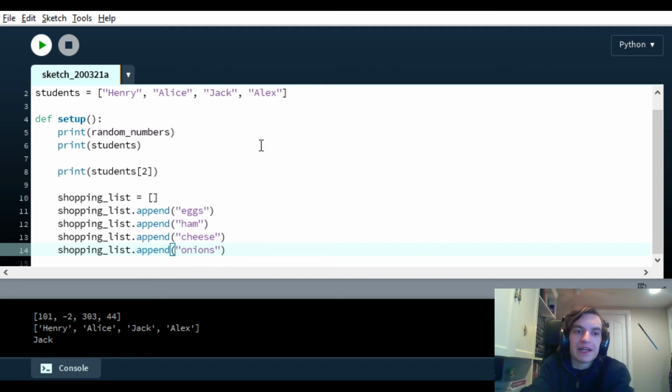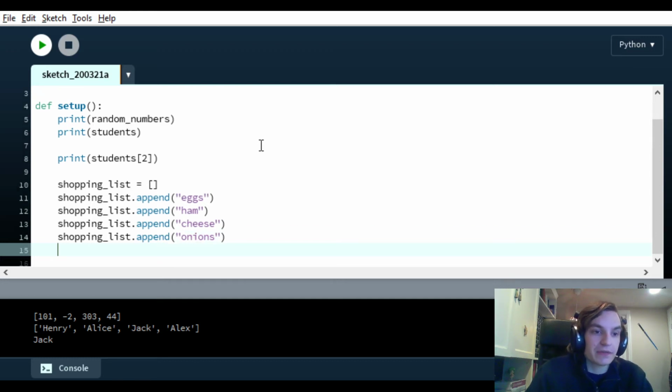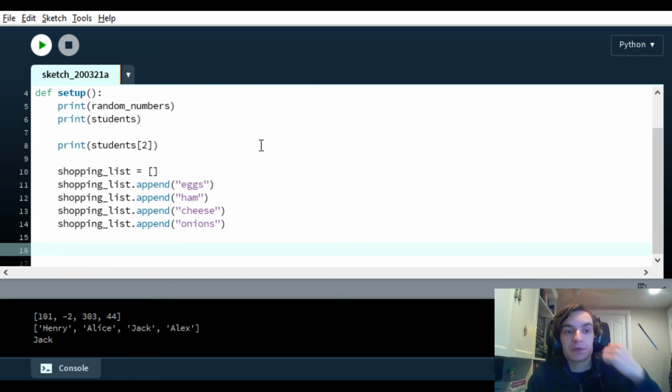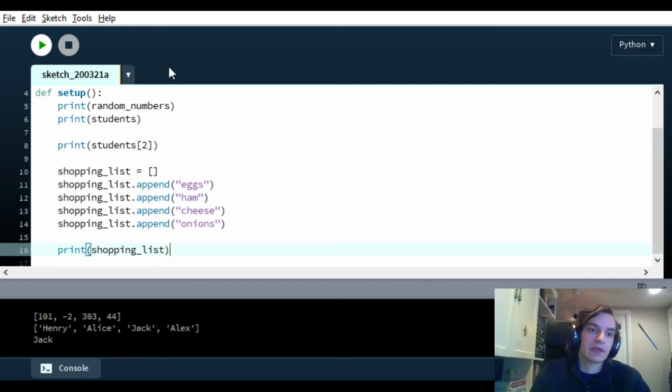You wouldn't typically create an empty list and then immediately add 4 things to it. You would typically create the list with those 4 things in it. But you might end up with a program, for example, if you were trying to draw a bunch of enemies on screen, where whenever a new enemy appeared you add it to the list of enemies. And then once you've done that, you just go through the list and draw each of the enemies. We'll go over how you do that in just a moment. But for the moment, this example of what append does is going to be useful for us. So we're also just going to quickly print our shopping list so that we can see what we ended up with.